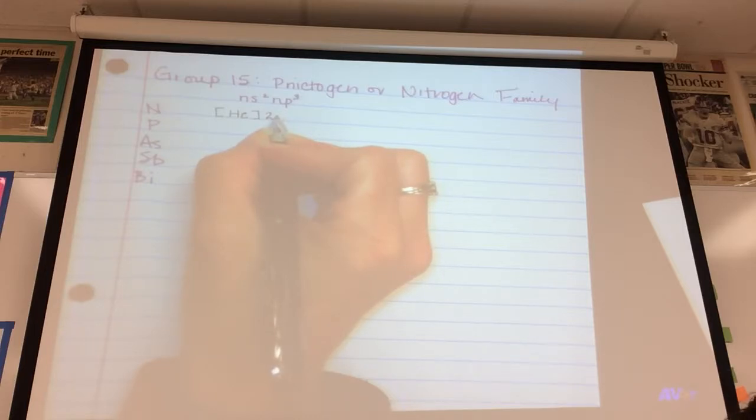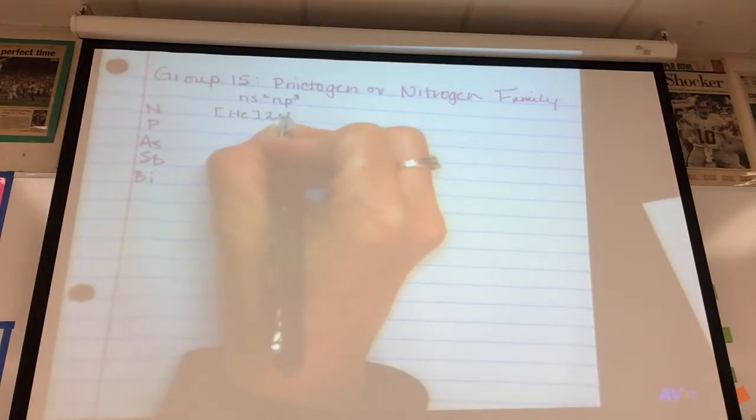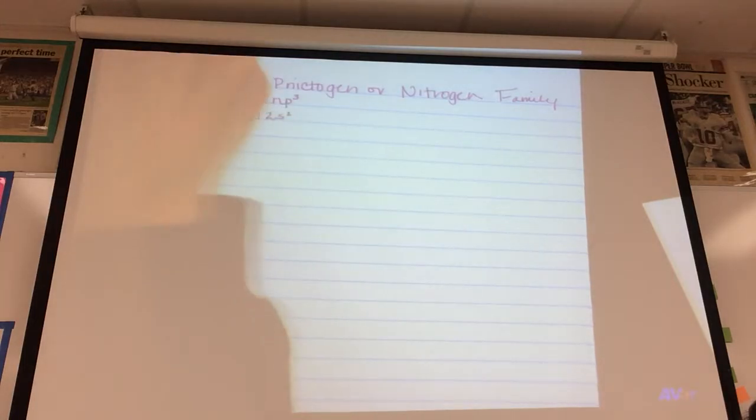Is it in groups 1 or 2? No, so the S block is just groups 1 or 2. So fill that S, you know S can hold 2. After 2S comes